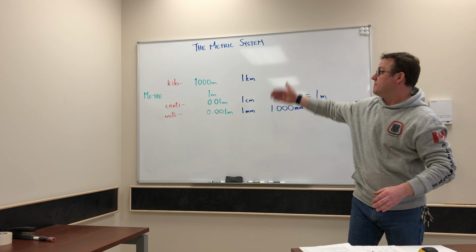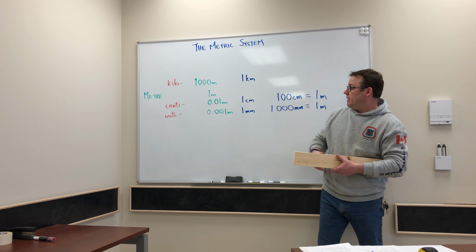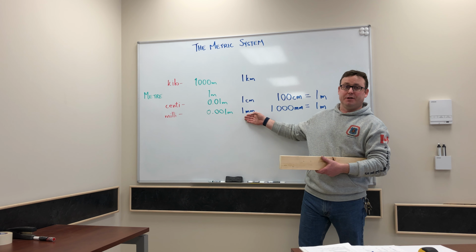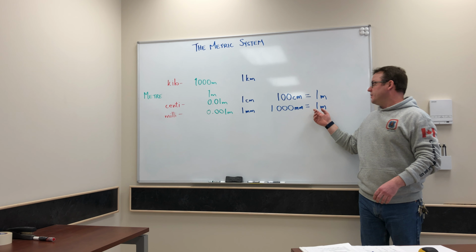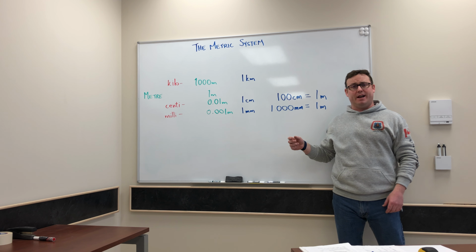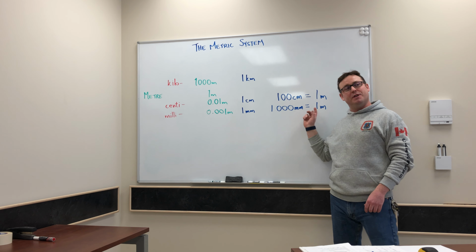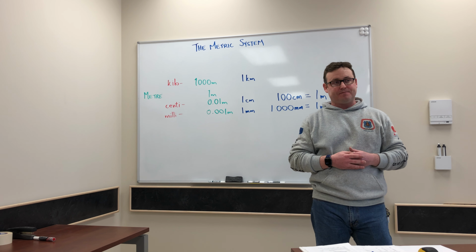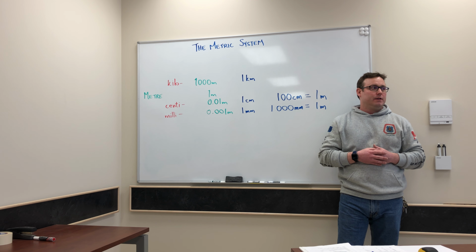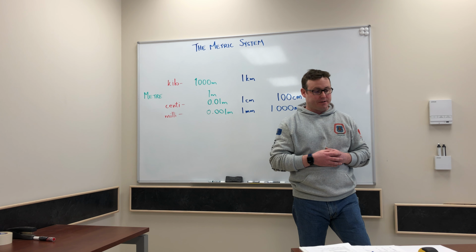Now, I could measure this in centimeters. I would get 8.9 centimeters. I've measured it in millimeters, that's 89 millimeters. If I divide 89 millimeters by 10, I would get 8.9 centimeters. And here, you can see 100 centimeters is equal to a meter, and 1,000 millimeters is equal to a meter. So there's that relationship of multiples of 10, where we can easily convert up and down within the metric system of measurement for length or distance.